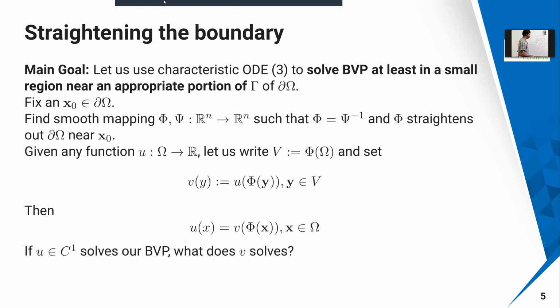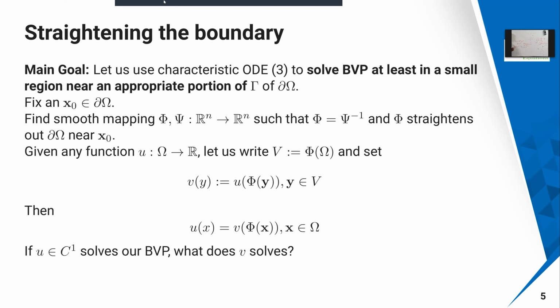Just zoom in, in a magnified way. I require only the region very near that; I do not require the entire thing. I am just trying to find this problem with a straight line boundary. That is what we are going to do. So for any given function u, which is a mapping from omega to R, you can find a new domain corresponding to it, where V is defined as pi of omega, and I am going to solve this problem.